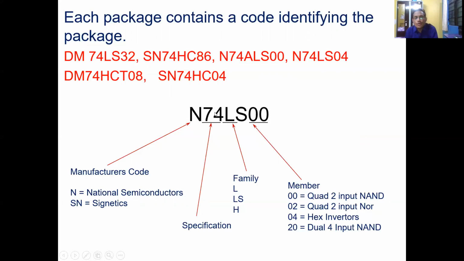You should always keep in mind, as I said earlier, there are two types of ICs. One is called TTL and the second is CMOS. TTL and CMOS ICs always start from the 74 series. We will come to that point, why it is called the 74 series. Basically the 74 series is applicable for TTL. Then again the 54 series is applicable for TTL, while the 40 series is applicable for CMOS.